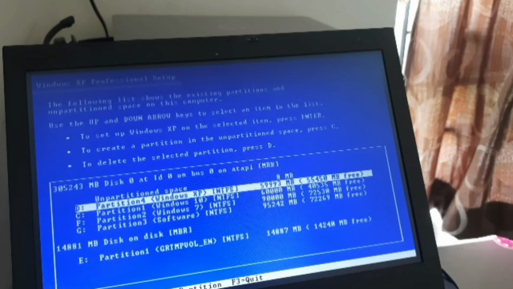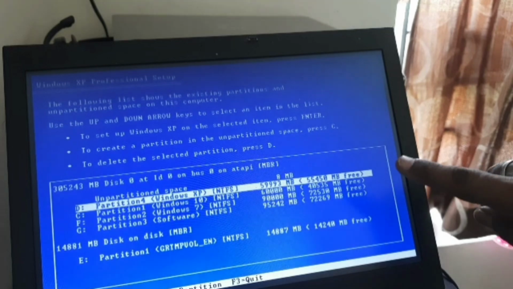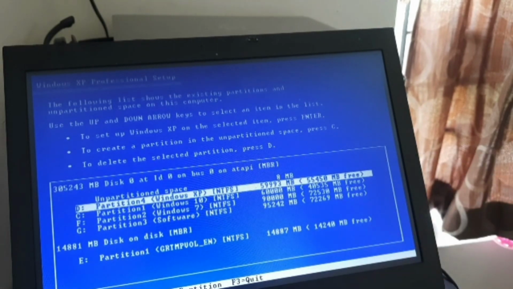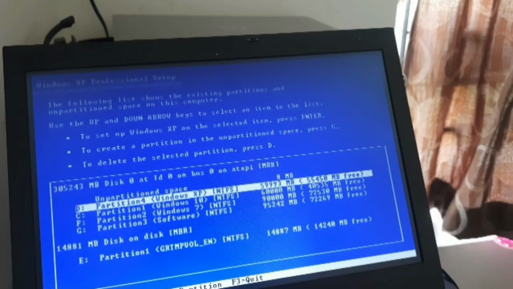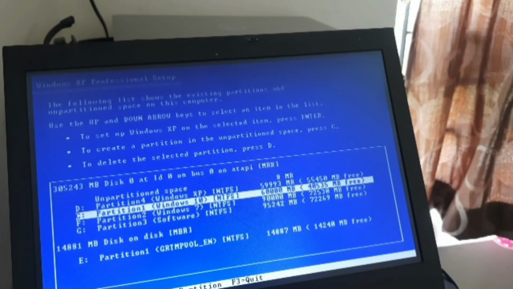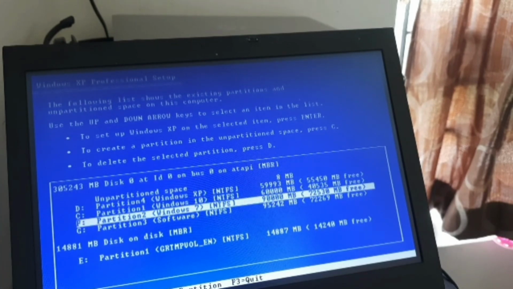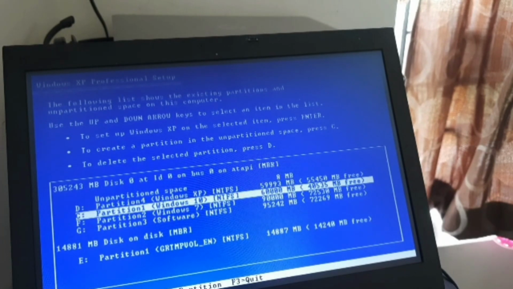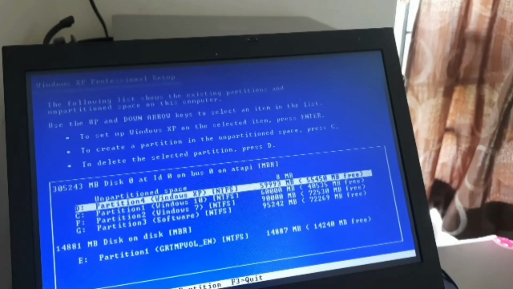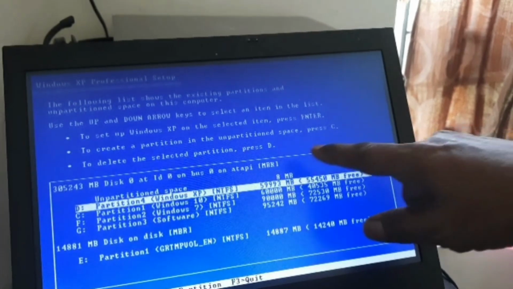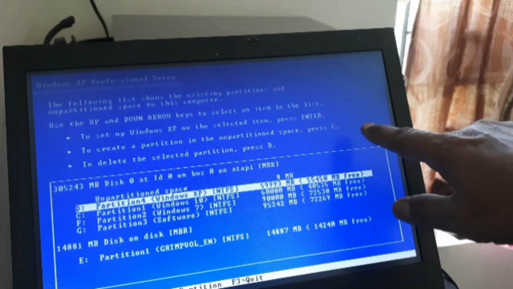Here, if you select D, the option is: to set up Windows XP on the selected item, press enter. If I want to install Windows XP in the partition which is highlighted, it will install there. Or if I select another partition, it will install there. But what I want to do here is show you how to format. So in this case, to create a partition in the unpartitioned space,